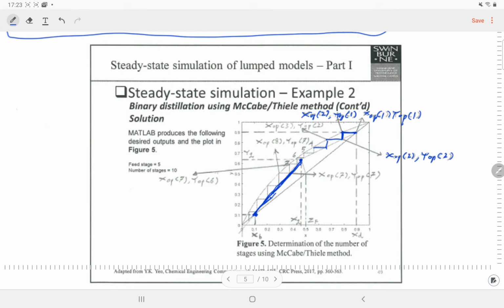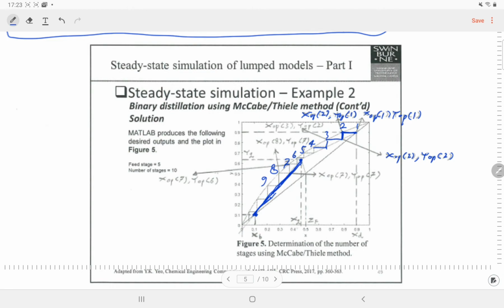The stages are calculated from the top to the bottom. So we take this one as 3, this one as 2, and this one as 1. As we go down, we keep on increasing: 4, 5, 6, 7, 8, 9.